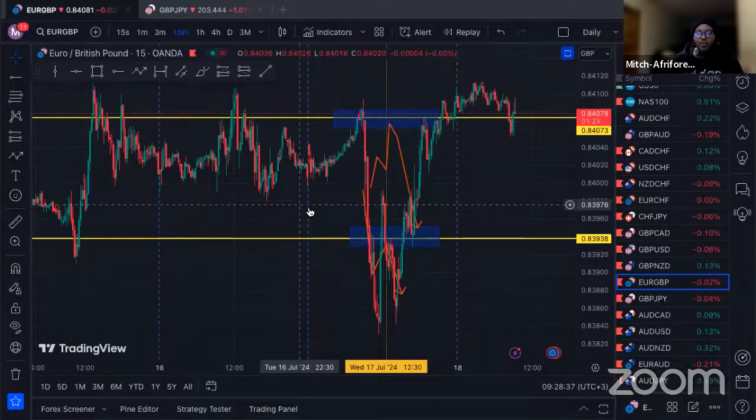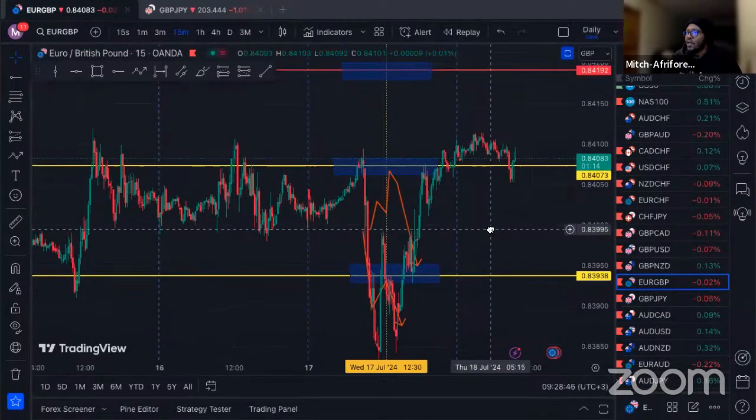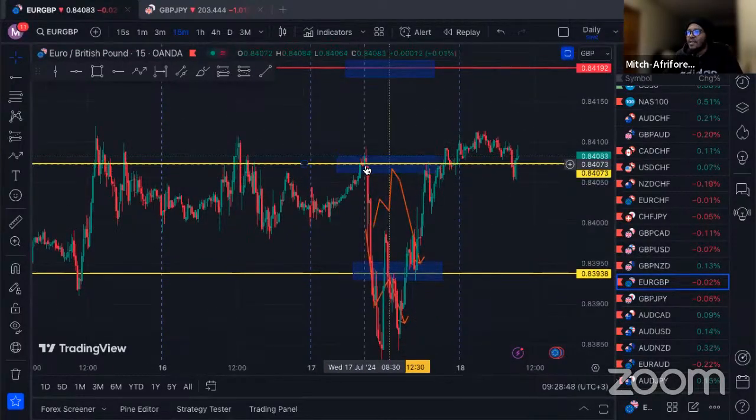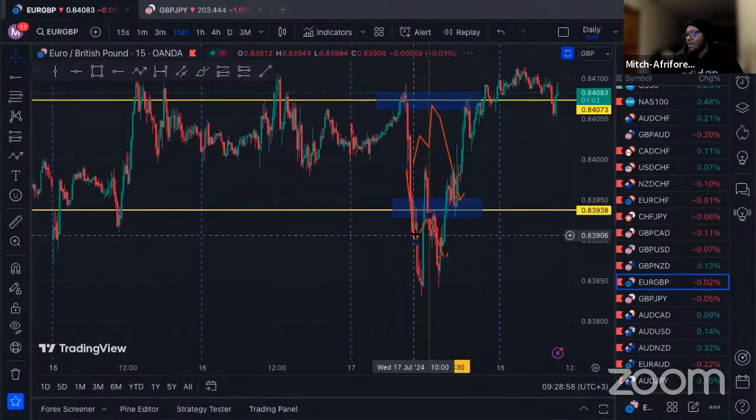So right now we'll move on to the euro against the British pound. Now, yesterday, our bias on this pair was to look for selling opportunities. You can see how aggressive the sellers started out from the Frankfurt market open once that British pound fundamentals did come out yesterday. And the market did come down quite aggressively. So you can see the illustration that I had pointed out here, mentioning that once we did get the price giving us that pullback, and we see the price holding below,